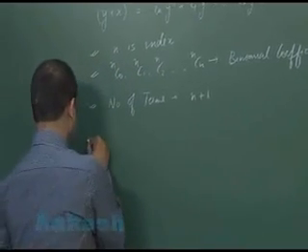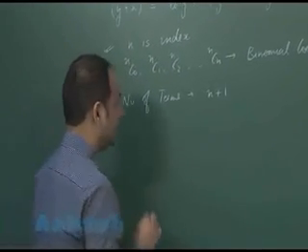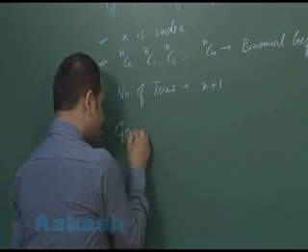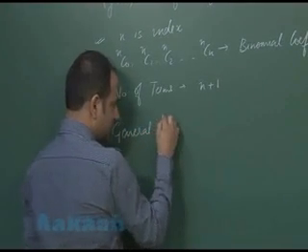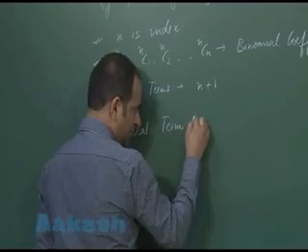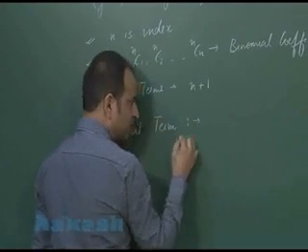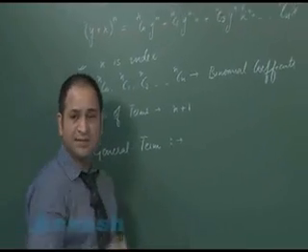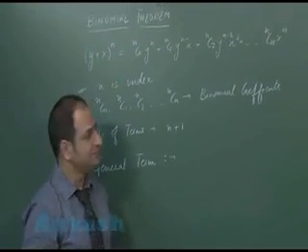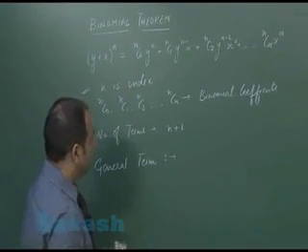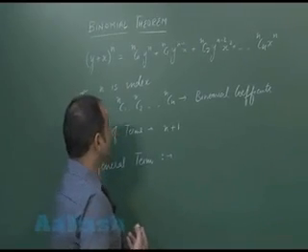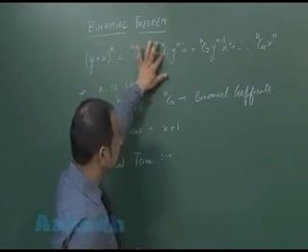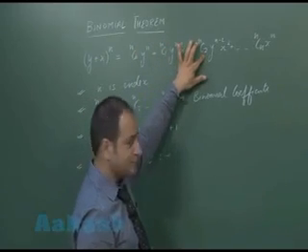Now, the most important part, that is the general term. This is what is going to play the major role in this chapter, the general term of this entire series. This is actually a series for us, which is following a particular pattern. You can see nC0, nC1, second term is nC1, third is nC2.